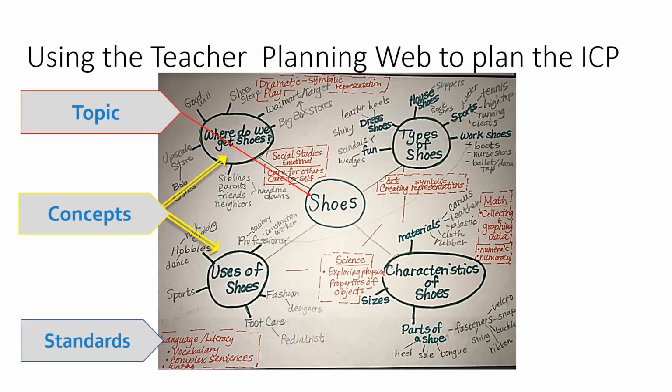Take time to study the camera projects web, and I would encourage you now to go through the process of choosing a topic from your list, from your community walk, whether that's birds, whether it's windows, whether it's the water fountain. And you put that in the middle, and before you put that in the middle to determine whether or not you're going to web it, you're going to look at the topic criteria selection on page 16 and 17. You're going to think about, is this a topic that would be accurate, so age appropriate? Is it developmentally appropriate for the age of the child? Is it going to be relevant?